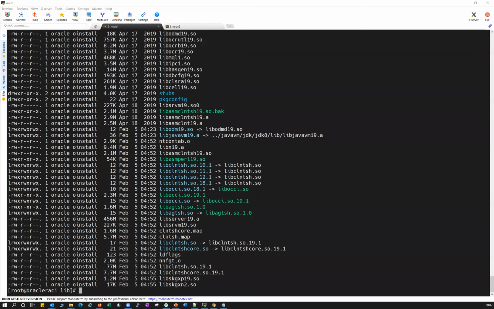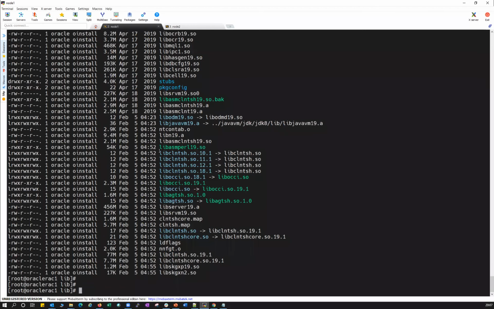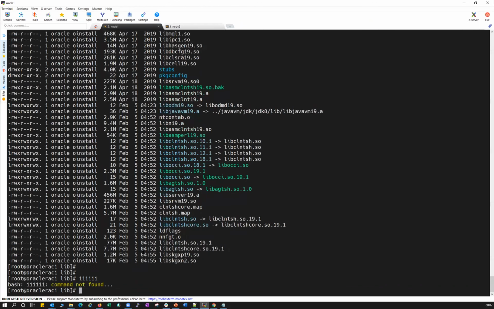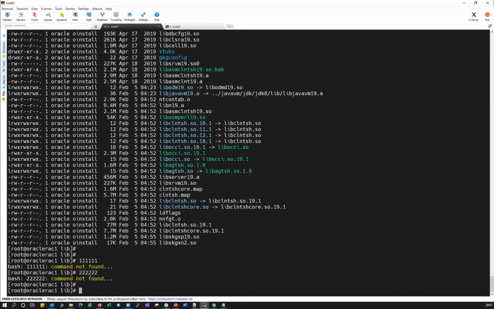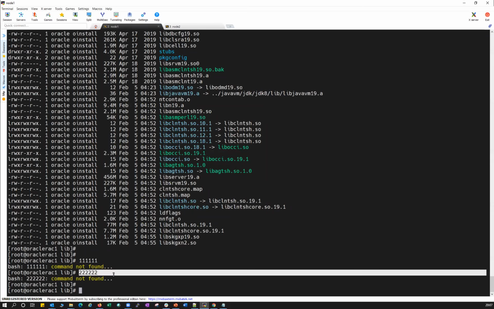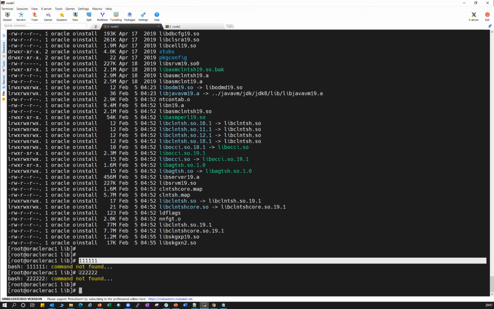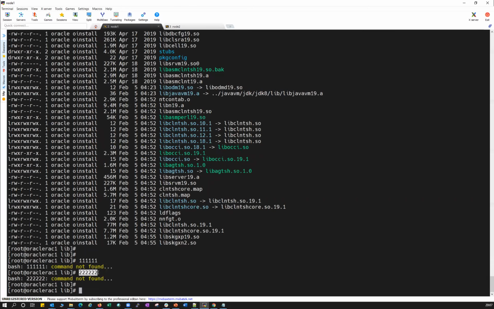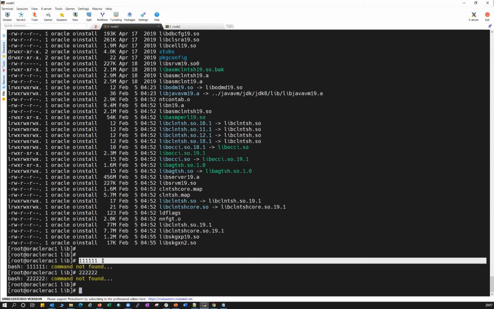Can you apply the merge patch? Yes, you can apply the merge patch. Merge patch comes into the picture when you have already applied a one-off patch, and you hit one more bug, and Oracle suggests applying one particular patch. Suppose you applied patch number 111 on your Oracle home, you hit a particular bug and raise an Oracle SR, and Oracle tells you to apply patch 2222, and when you try to apply it, it says this is conflicting with patch 111. If it says conflicting, then there is only one way: either you don't apply this patch and leave 111 as it is, or if you want to apply it, you have to roll back patch 111 and then apply patch 2222. And if you roll back patch 111, the previous bug you will hit again, right?